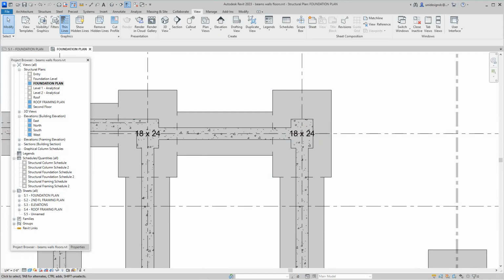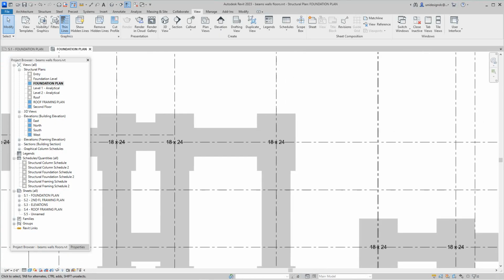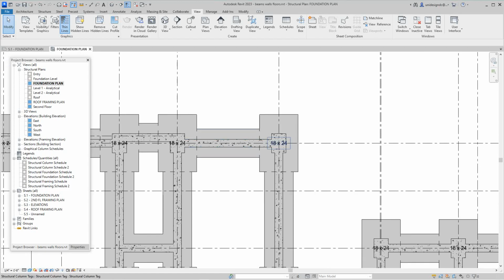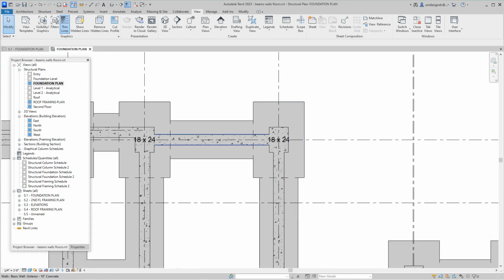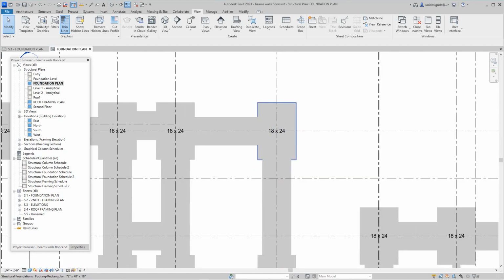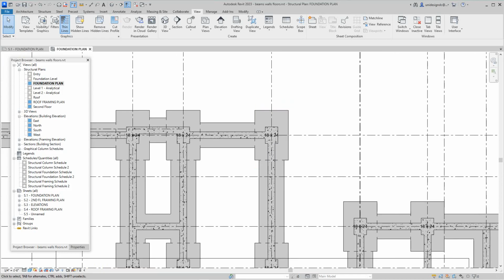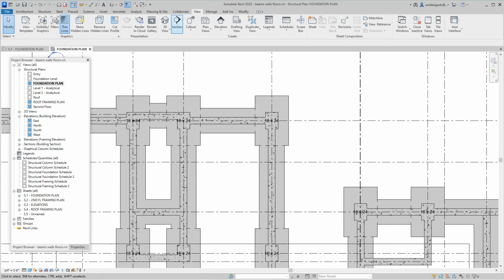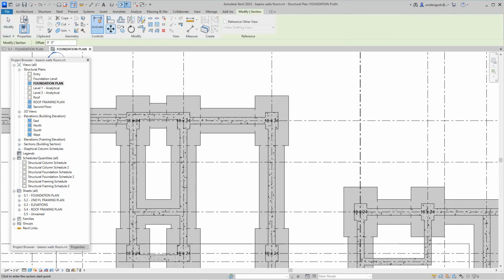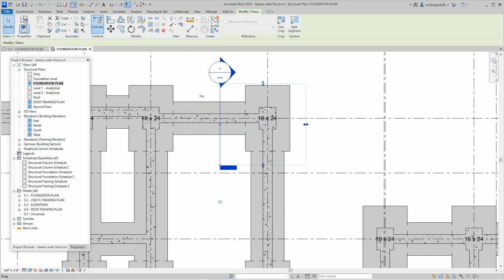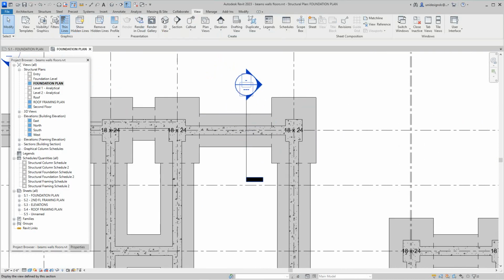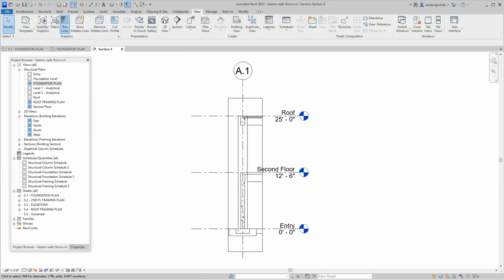What I want to show you here is basically how we would put reinforcement in the columns, so let's just do this footing and this column. The best and easiest way to do that is to just cut a section through here. There you go. So we want to open this view here, and that's where we'll have